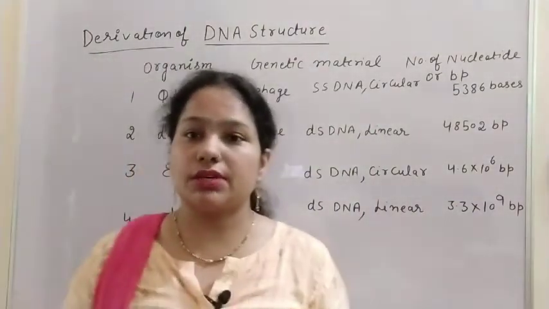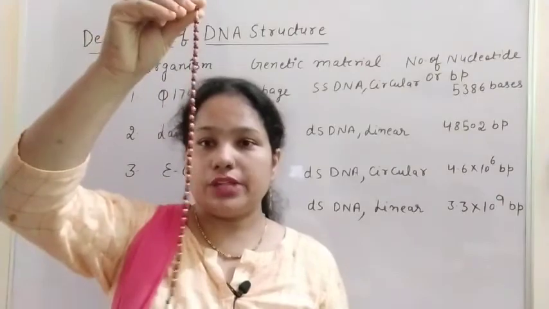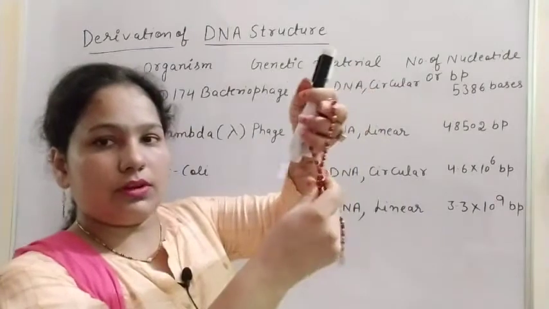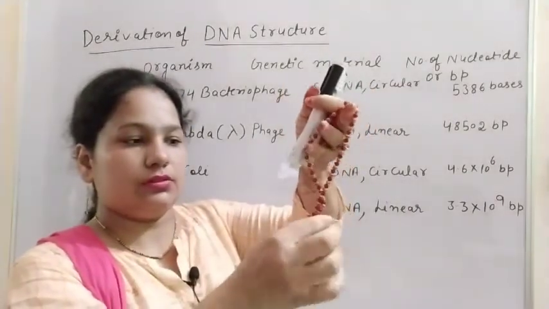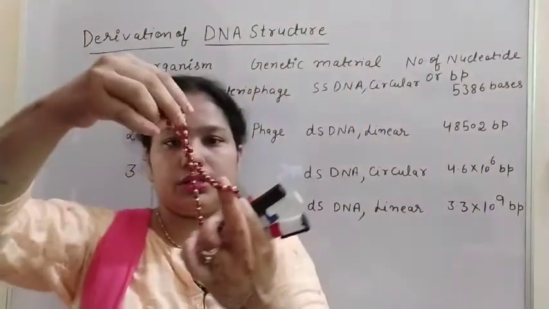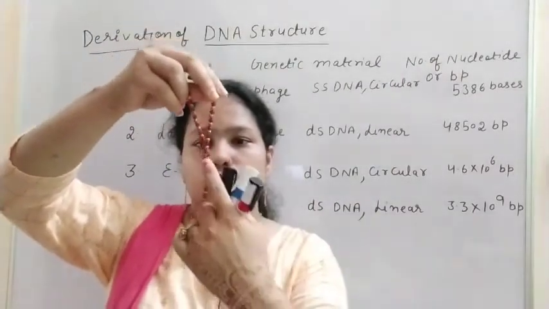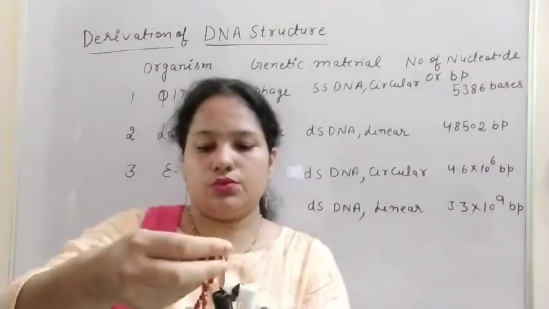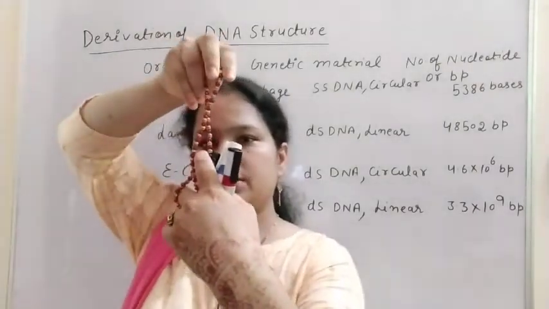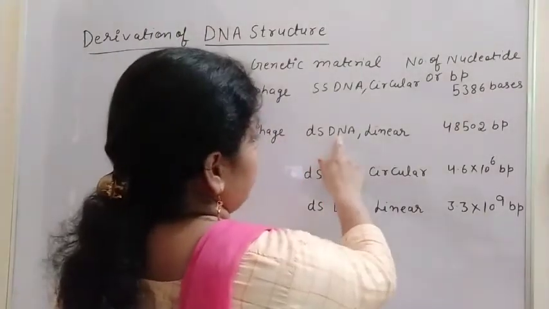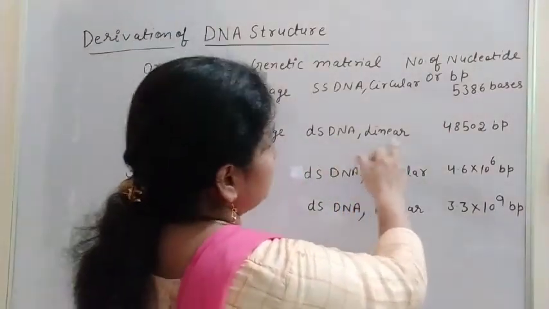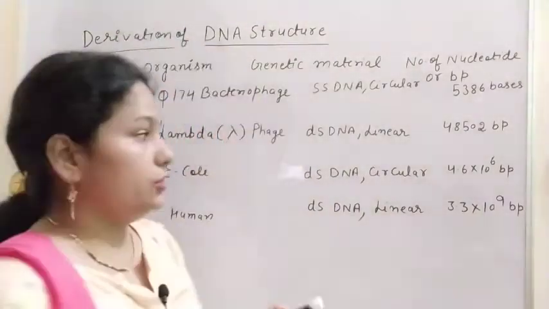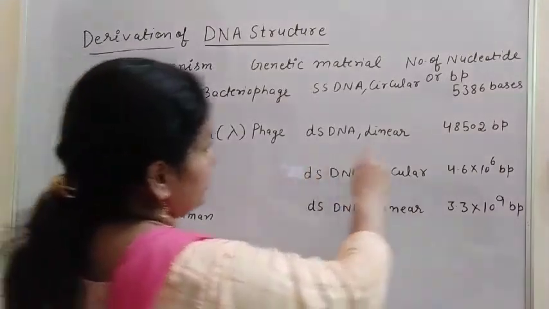Double stranded means there are two strands. I showed you that is the single stranded, and if I am making it like this, so here the two strands are there, two strands of DNA, you can see. If I am using my finger here, you can see the strands. So that is the double stranded DNA, and the linear DNA it is, not the circular, it is the linear DNA, means it will be straight, linear, and the value is